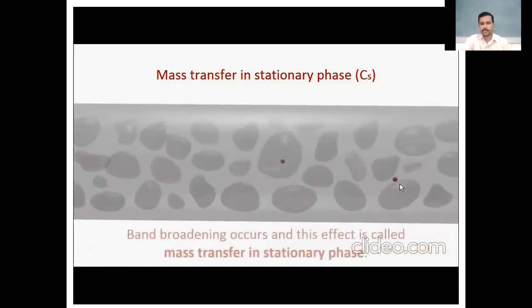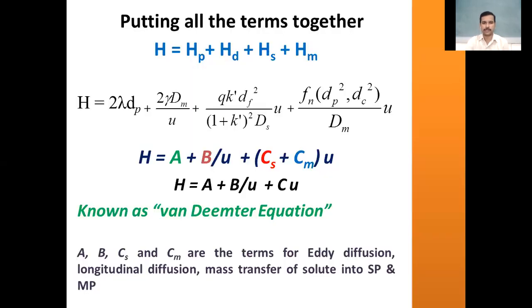Now it has started to migrate. See, this solute particle has moved and this solute particle has been retained by the stationary phase, and this distance will become responsible for increasing the bandwidth. And as a result of the increased concentration of the solute in the stationary phase, some improper interaction between the stationary phase and the solute will be expected. As a result of this, there is an increased band broadening process. So therefore, these are the three important terms you need to remember: eddy diffusion, longitudinal diffusion, multiple path transfer terms. And this multiple path transfer is possible both into the stationary phase as well as the mobile phase.